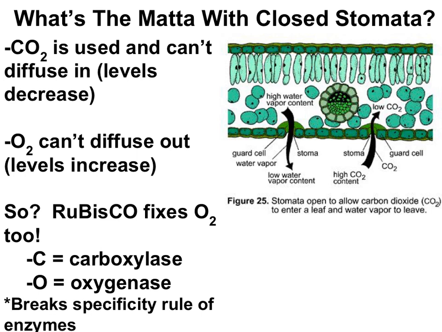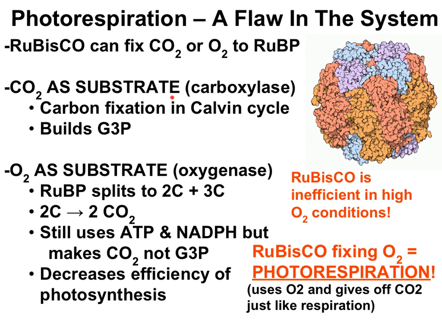Remember, Rubisco stands for ribulose bisphosphate carboxylase oxygenase. The carboxylase activity of Rubisco is the carbon fixation step in the Calvin cycle. It's the oxygenase activity of Rubisco that's a problem. You see, Rubisco can attach either carbon dioxide or oxygen to RuBP, and that's a big problem. When carbon dioxide and RuBP are the substrates, it's business as usual. The plant is happy and efficient when carbon dioxide acts as a carboxylase and fixes carbon in the Calvin cycle